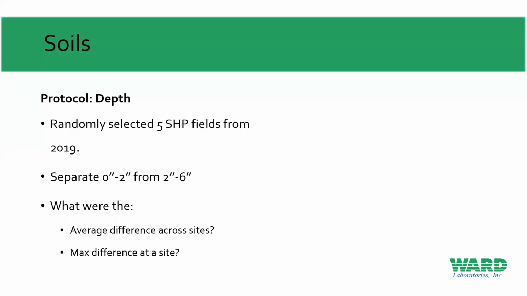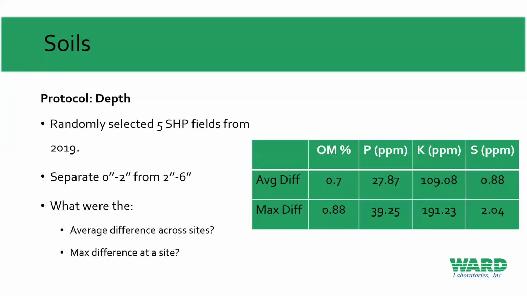We averaged all the 2s and then averaged all the 6s, and then we took the difference. So what was that difference across that site? And then out of the 5 sites, what was the maximum average difference? Kind of going with 4 soil properties here: organic matter, phosphorus, potassium, sulfur. This is the average difference. So across 5 sites, what was the average difference between a 0 to 2 and a 2 to 6 inch